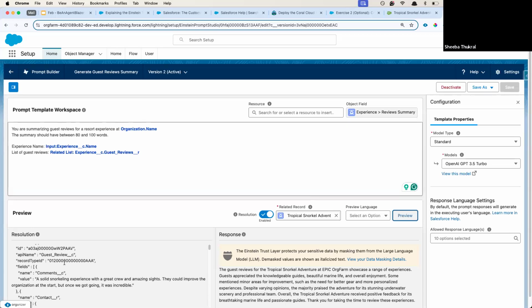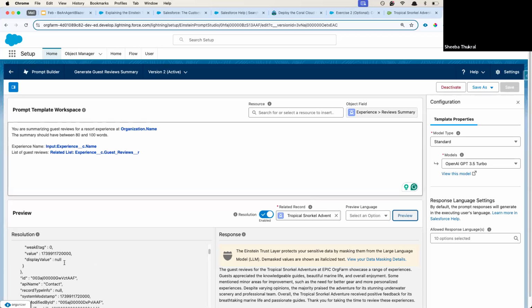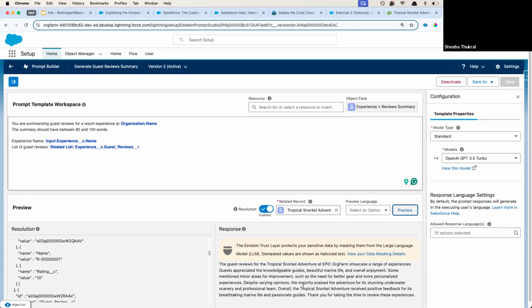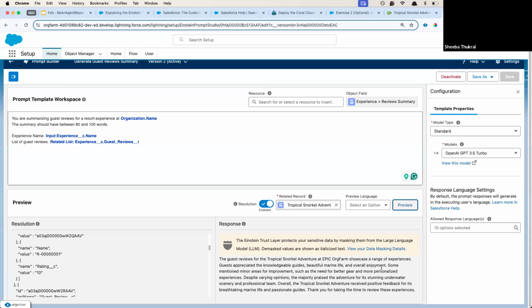And then this just gets populated. Then it goes through AI and the Einstein Trust Layer, which means zero retention. The AI model will not be trained with your org data, and it just replaces the guest reviews for showcase a range of experience, guests appreciated the knowledgeable guides, beautiful, all that. But if I don't want to see it in this format, and I want to say, write in bullet points or something, and then